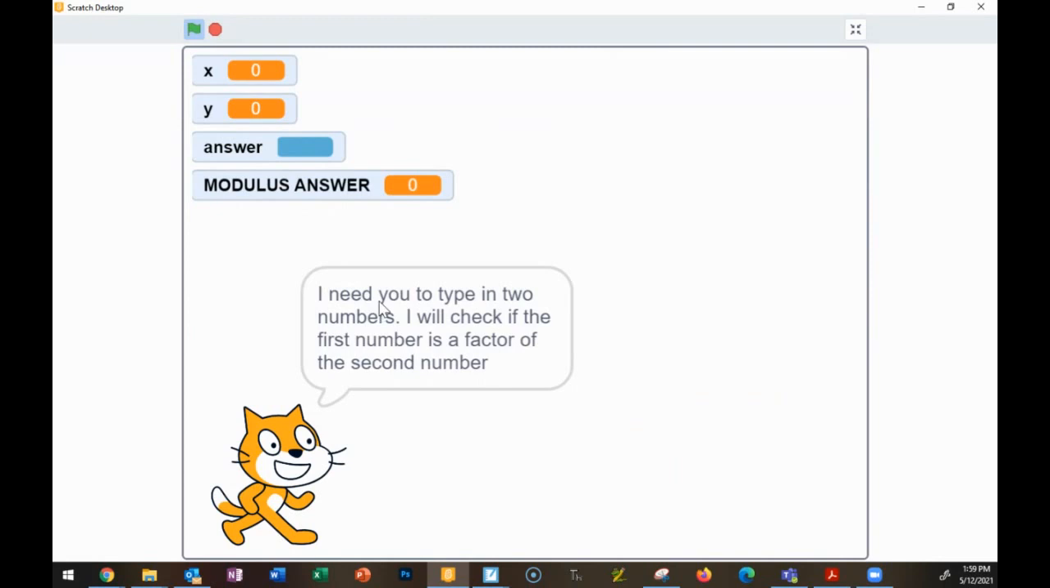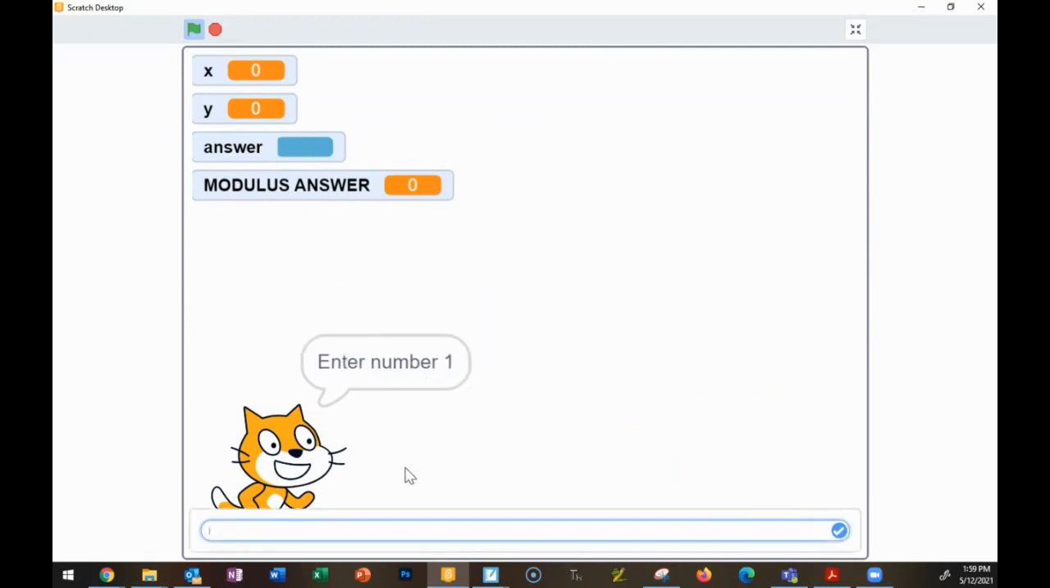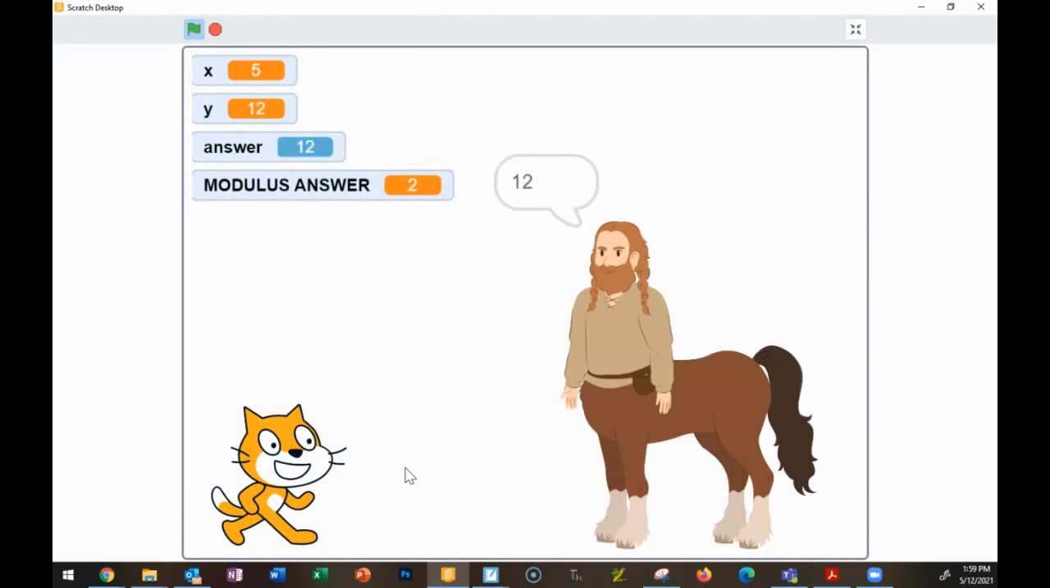Magical Centaur gives instructions, goes away. Need you to type in two numbers. This time we'll type in something that's not going to work out nicely. Okay, so my first number is going to be a 5, and my second number is going to be a 12. And we know that 12 divided by 5 is going to give us a decimal, which means that our